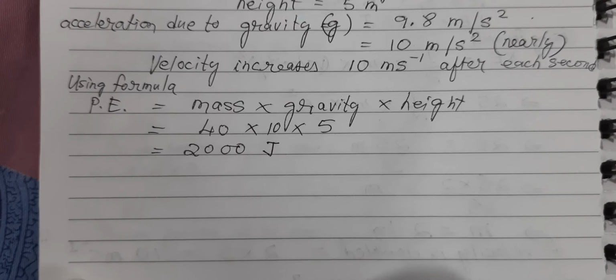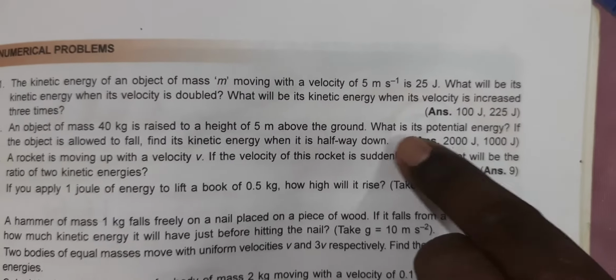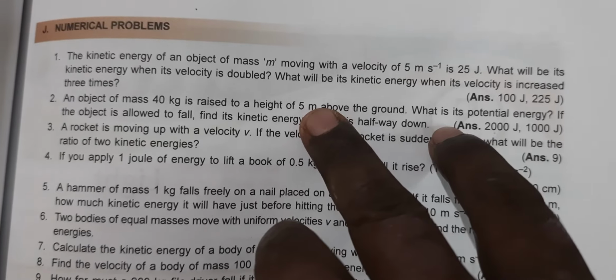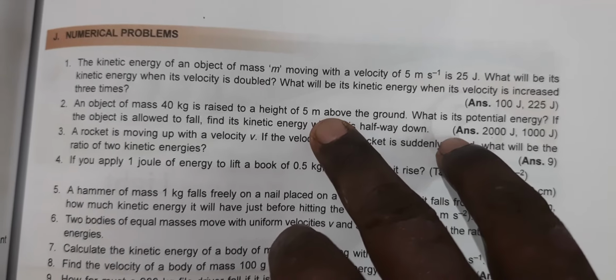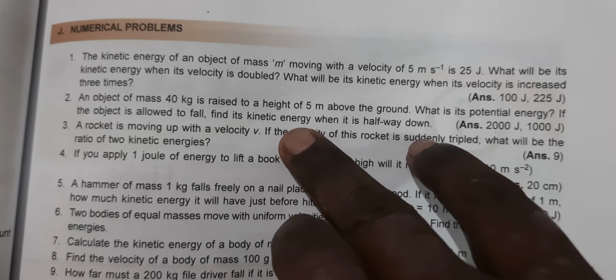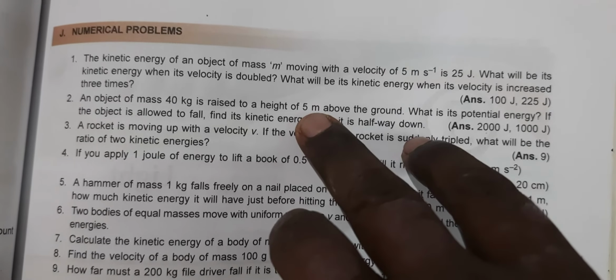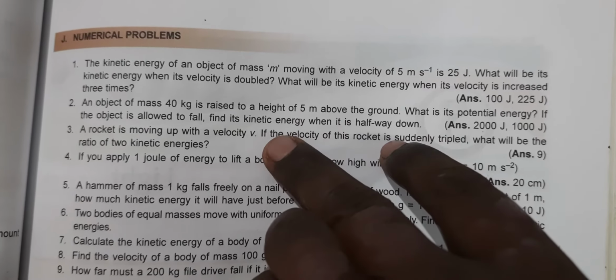Okay, the next part in the same question is what is the potential energy that we got already. Next they are asking, if the object is now allowed to fall. First you raise it at a height of 5 meters from the ground, and from that height of 5 meter now you leave that object. So the object now falls. Now when the object falls it moves, and while it moves we know what kind of energy gets in that body? Kinetic energy. So all that potential energy which was built on that object when it was at a height of 5 meter now starts getting converted into kinetic energy.